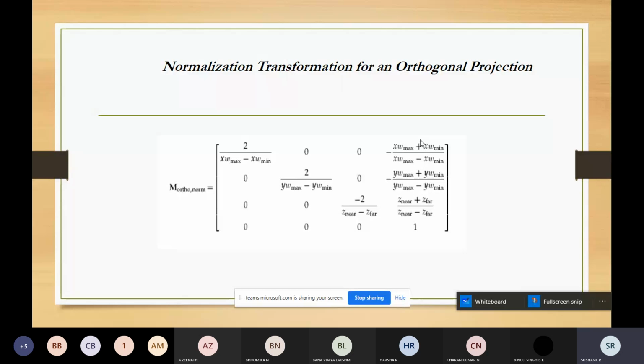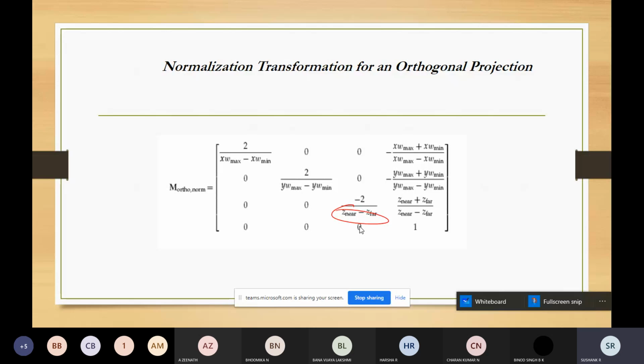Similarly for the y axis, and for z it is the difference between the near and the far. This matrix can be used to obtain that. So this is regarding the orthogonal projection view volume.